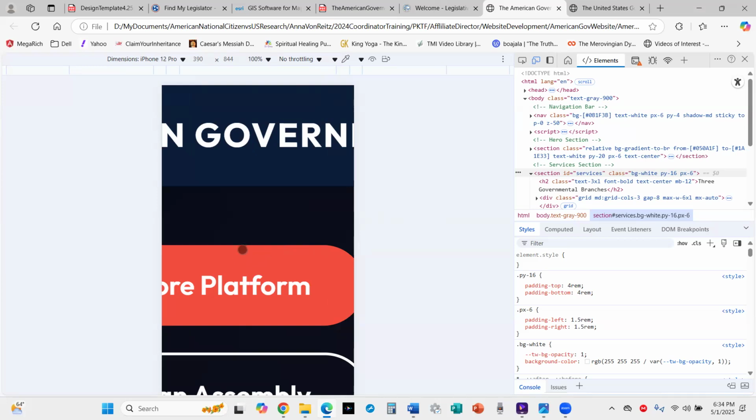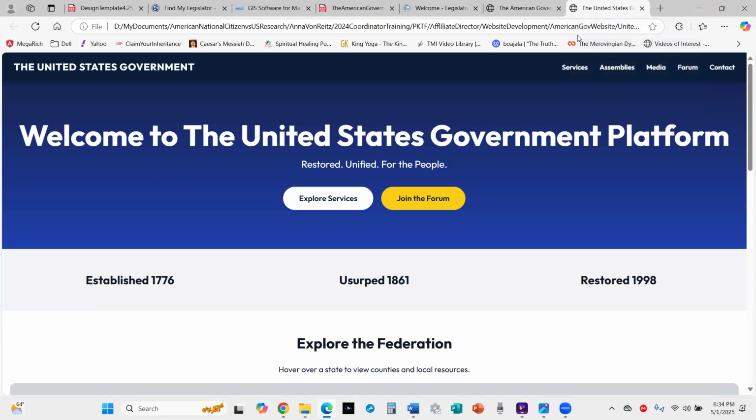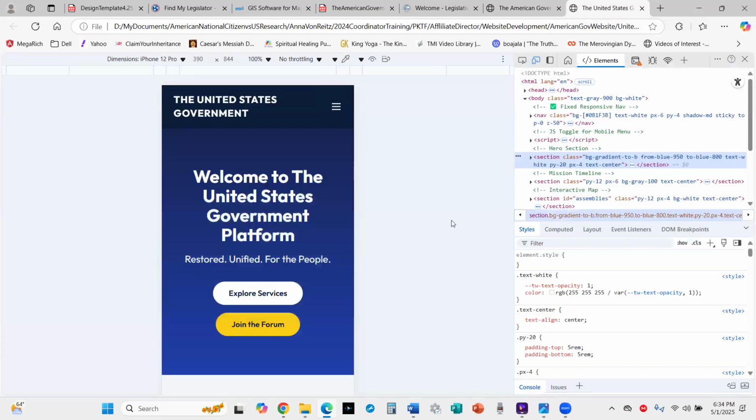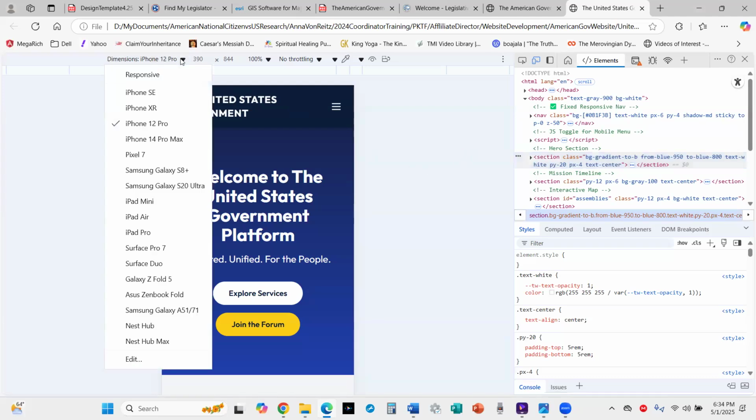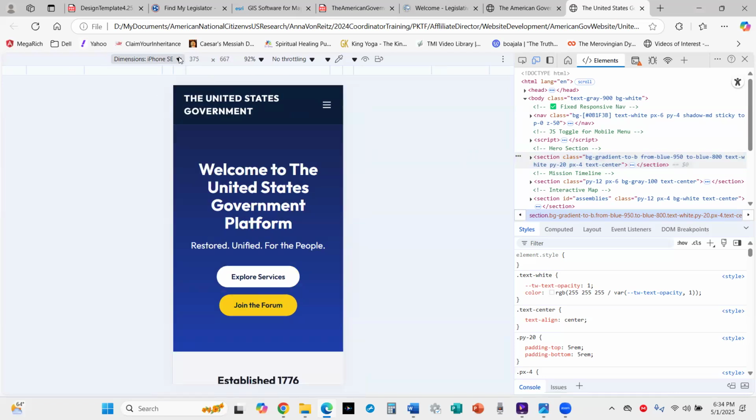Go to the other one and do the other one. See if that one is. It's not. Now do the same thing. So right click, inspect. It's already in mobile mode. But see how it's responsive. So change to a different phone dimension again. Just pick a phone. SE,